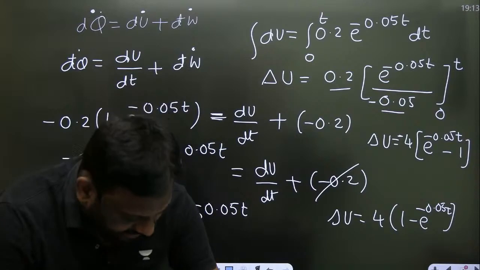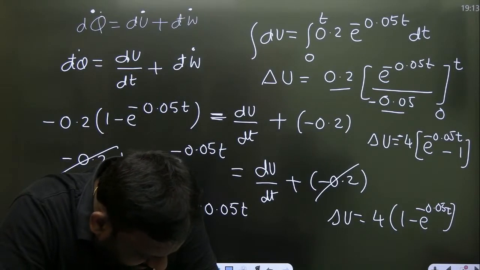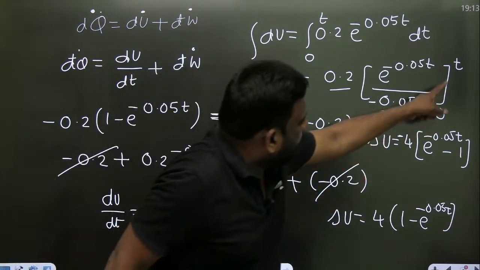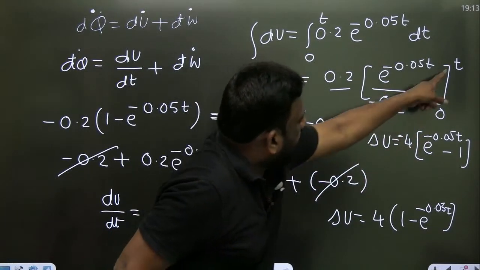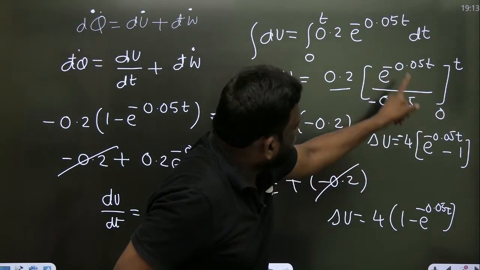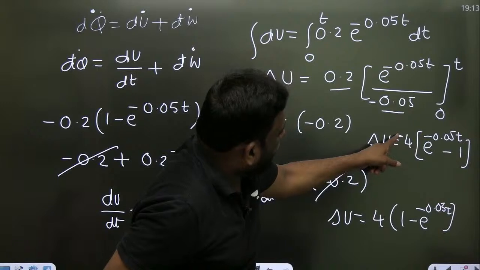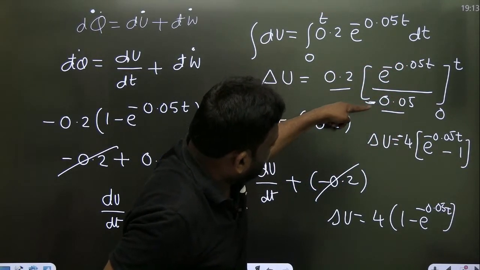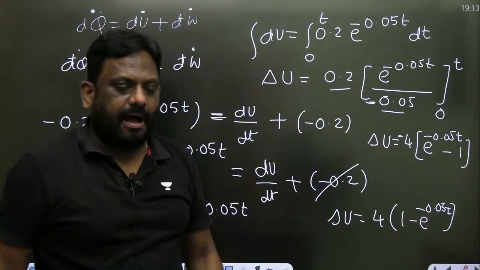Till now is there any difficulty sir? Mayank, you are wrong because of the upper limit and lower limit. The upper limit is t, the lower limit is 0, e power 0 is 1. But already there is a minus here, because e power minus x is minus e power x. So the minus came down, so this came, sir.